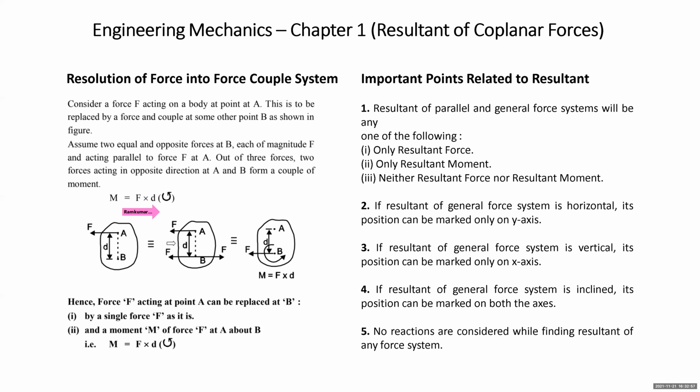What will we remember? This is a step-by-step approach of arriving from the first body to the second body, and the second is equivalent to the third. Now directly from first to third, we have to come for solving the problems. Now you can forget this step-by-step approach. What do you remember? You are given a body on which force F is applied at some point. You want to find its equivalence at another point.